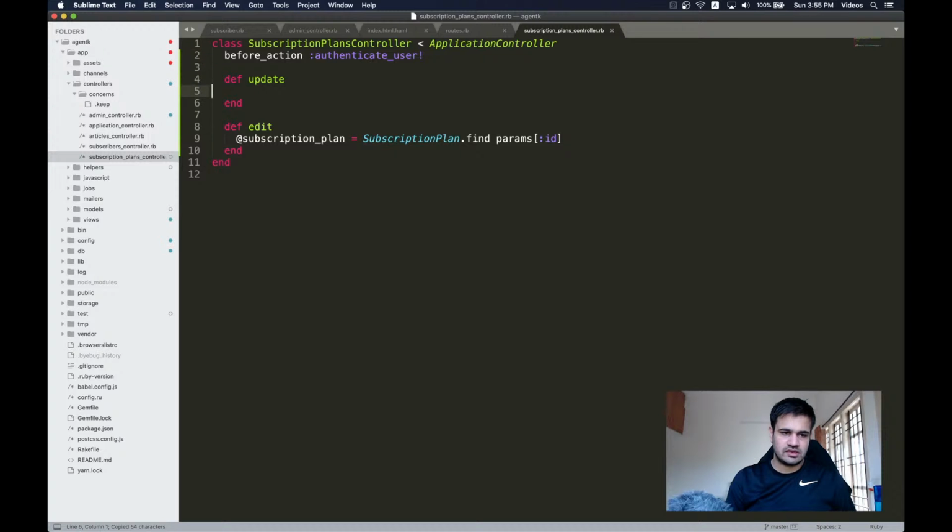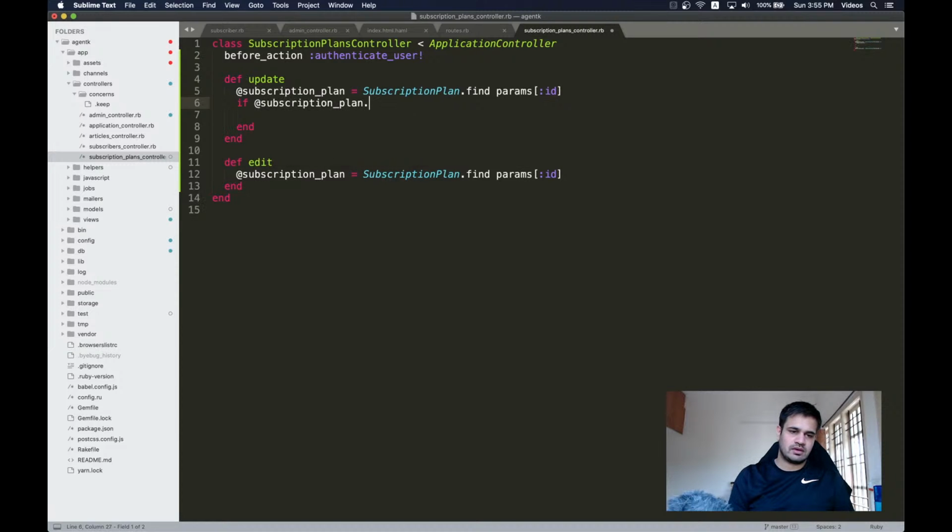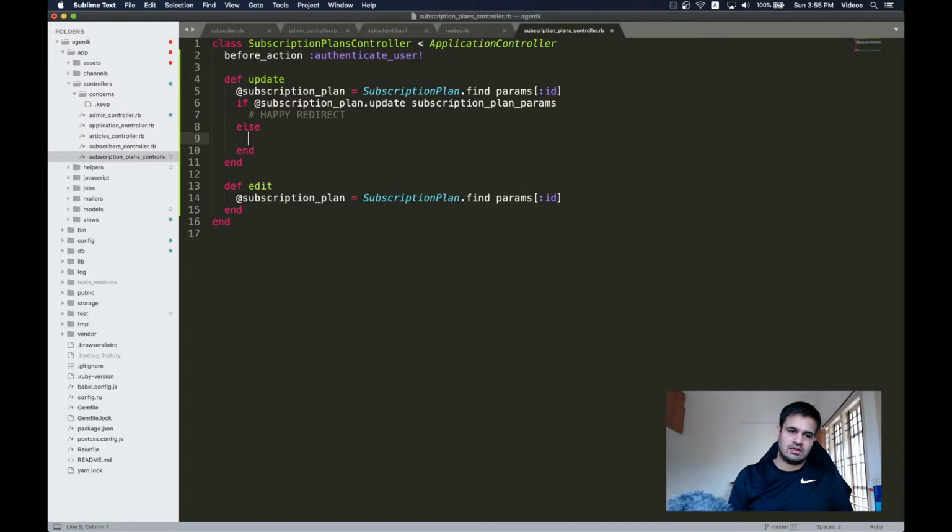Same thing for the update, but now if subscription plan dot update and subscription plan params are fine, then we redirect, basically happy redirect, else we'll be like something went wrong,